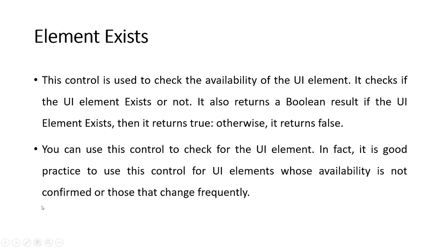Hi Anindal. So in the previous class we learned about a control or an activity called element exist. Through this we learned how we can ensure whether a specific UI element is present or absent. Examples of a UI element can be a window, or a component in a web page like a button or a text box for that matter.